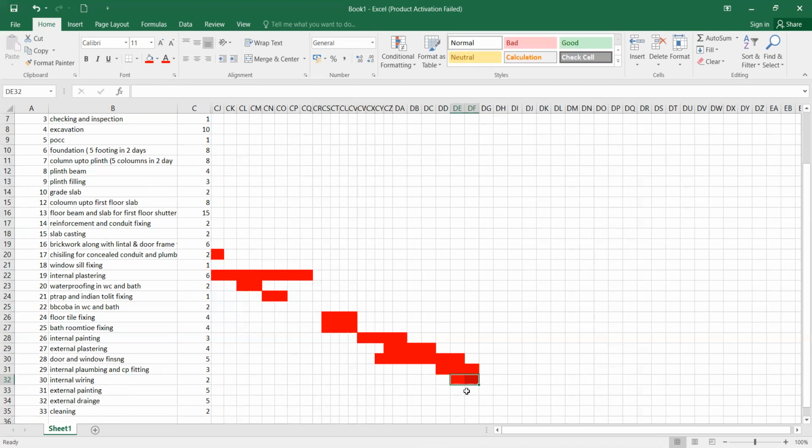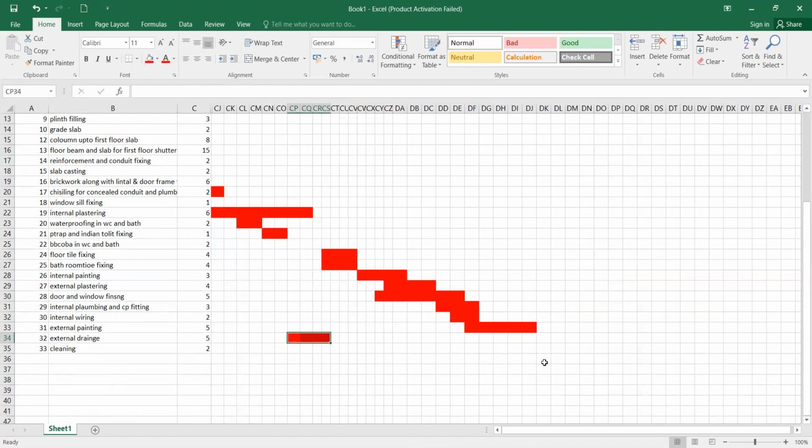I have taken from here 5 days, 1, 2, 3, 4, 5. Then external drainage, in this gap I can do the external drainages because at that time there are no activities. So here I have taken that period. I do it in the external drainage. Then I need a 1 day cleaning afterwards. Okay, so I say 2 days.